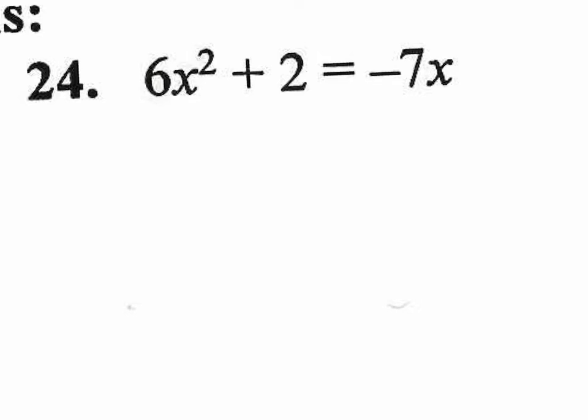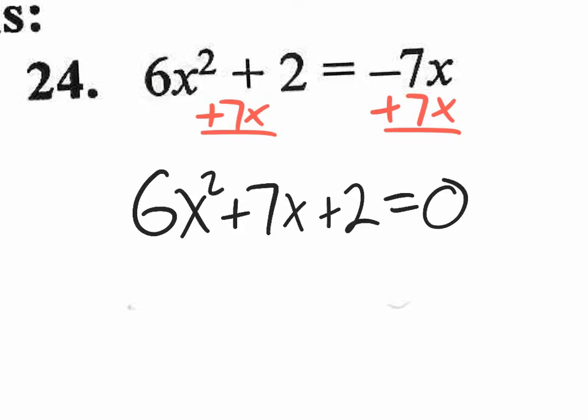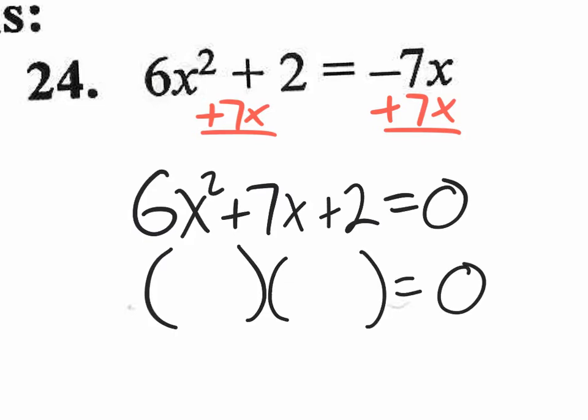So let's first set it equal to 0 by adding 7x and adding 7x. So we're going to rewrite what we have because you cannot really add 7x with 6x squared. They're not like terms. You can't even add 7x with 2. You can't do it. So let's just rewrite it. So we have this new quadratic trinomial equation that's set equal to 0. Now what we need to do is think, we want to factor to be able to end up with this, to be able to split them and solve. But the problem is,